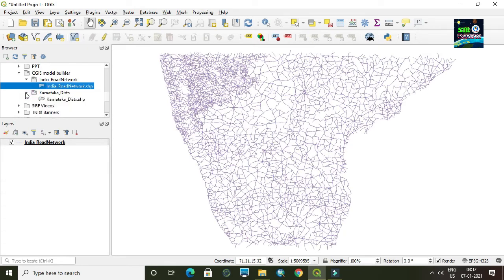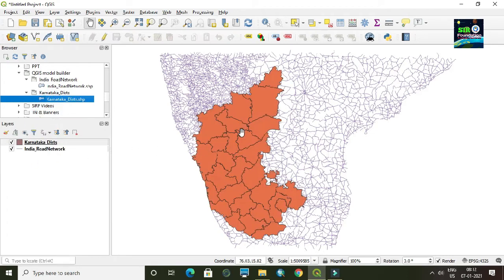Then bring the Karnataka district-wise shapefile over here. Here you can see the Karnataka state from South India and the other South India region. This particular region is showing the road network, and this Karnataka map is showing the different districts of Karnataka.